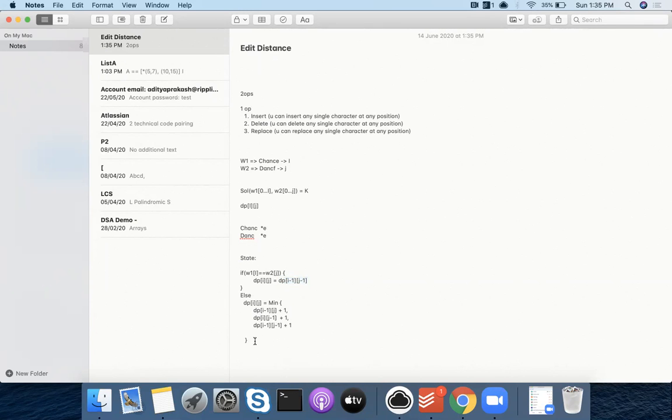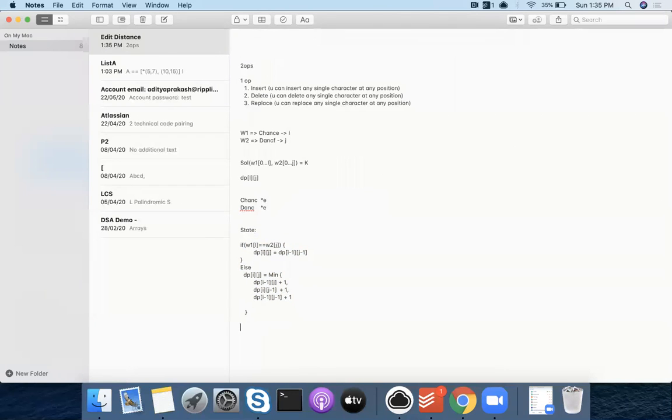After this, the trick comes: how should we iterate i and j so that we can solve it for i, j? A simple way to do that is to write what i, j depends on. It depends on i-1, j-1, right? It also depends on i-1, j. It also depends on i, j-1, right? So imagine